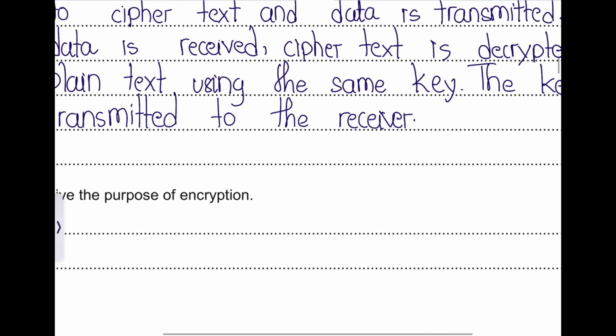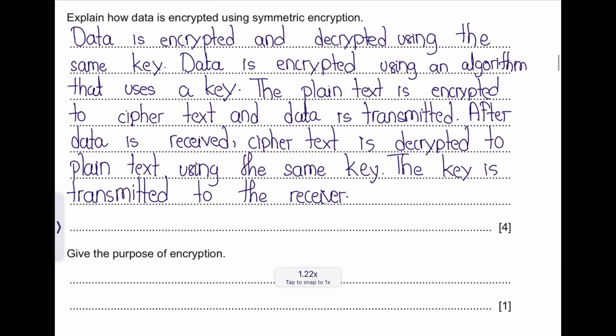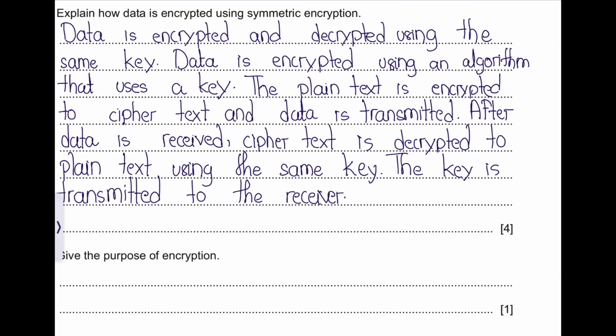All right, so I hope this is clear. You guys should take your time and read this question. I'm just going to read the answer. Data is encrypted and decrypted using the same key. Data is encrypted using an algorithm that uses a key. The plain text is encrypted into ciphertext and the data is transmitted. After the data is received, the ciphertext is decrypted to plain text using the same key, and the key is transmitted to the receiver as well, because only then will the receiver know what encryption has been